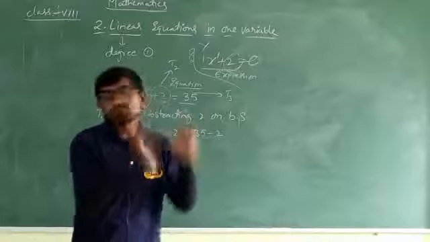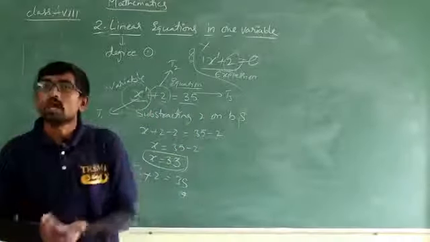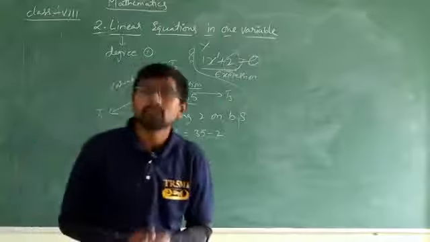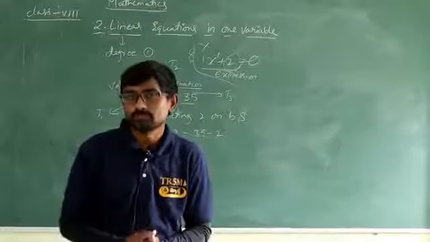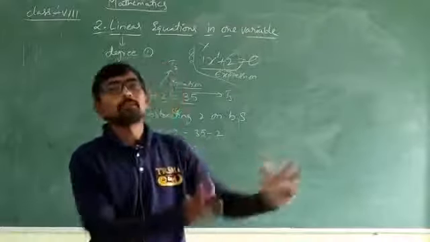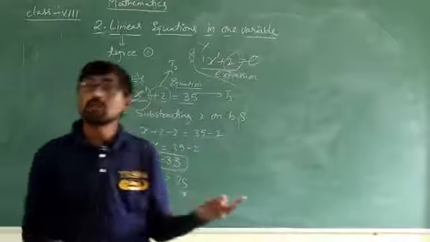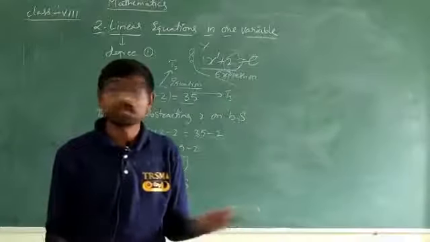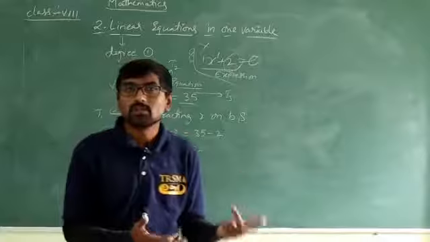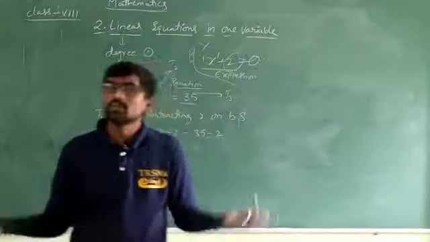If I ask, I have some bananas and I have some apples, total value is 50. Now tell me how many bananas and how many apples are there? Insufficient question, isn't it? It is not a proper question. With some apples and some bananas, total 50, I can take one apple and 49 bananas. Either I can take one banana and 49 apples, 48 and 2, 48. Like that I can take any value.